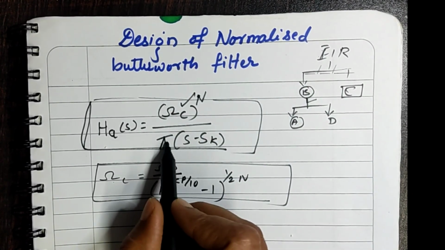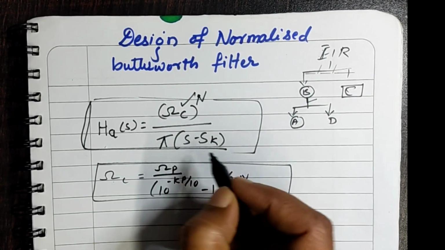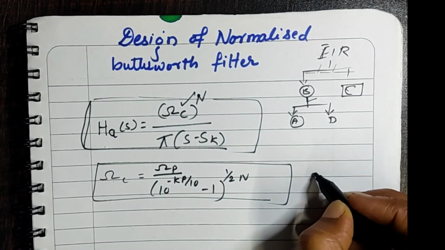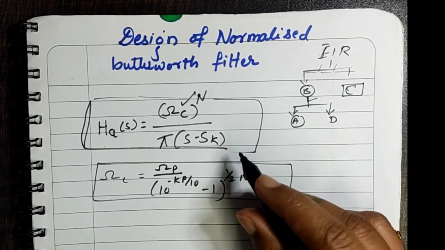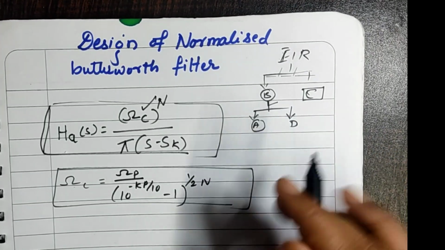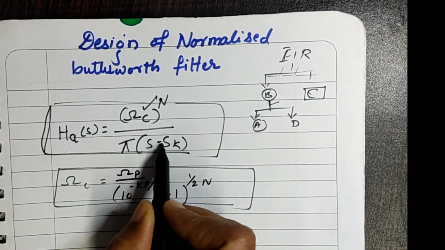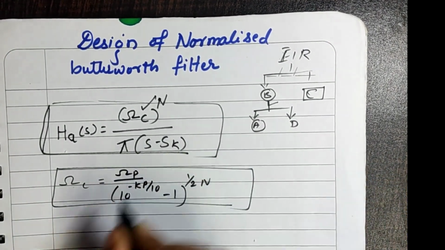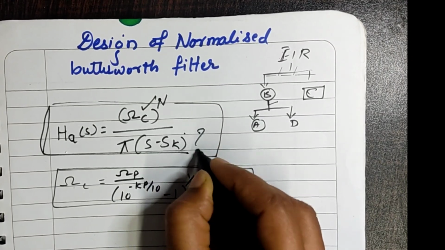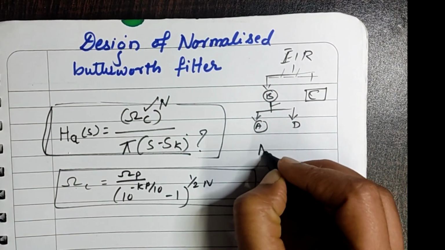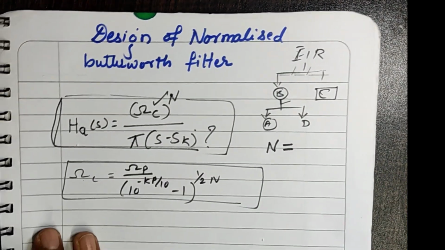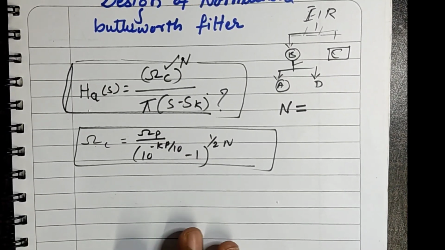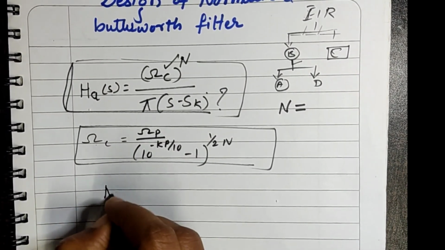Next comes the product of (s minus sk). S minus sk indicates the poles: how many poles are going to be involved, and which poles we have to consider in this s minus sk. For that, we first have to find out the order of the filter. How to find the order of the filter is by using the formula n is equal to,